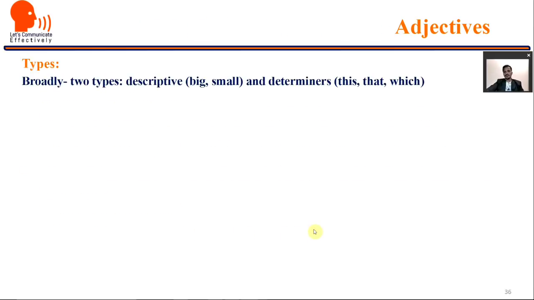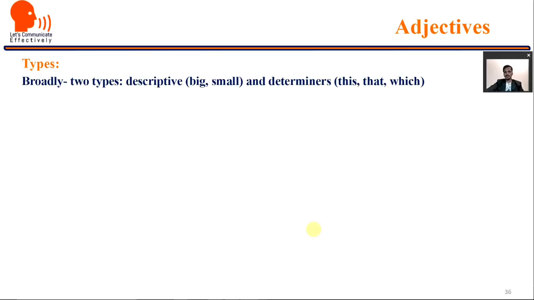Now let me tell you that proper use of adjectives makes a speaker effective, influencing, and a proficient user of English. It is said that the person who knows how to use adjectives is a more impressive person. That's why we should understand. Same with prepositions. Adjectives and prepositions, if we master, we definitely can make a very good impression.